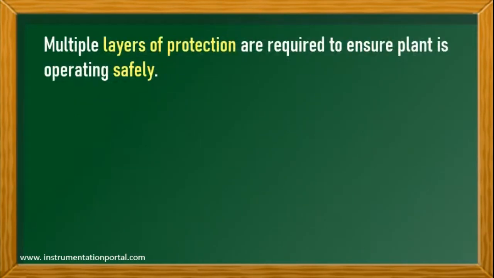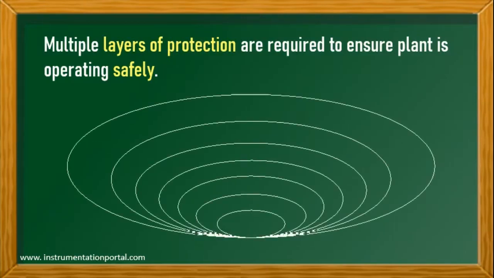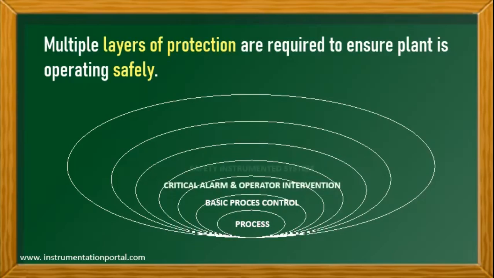In order for oil and gas facilities to operate safely, several protection layers are needed to protect the entire facilities. There are 7 items that constitute protection layers: process design, basic process control system, including process alarms and operator supervision, critical alarms and manual intervention,